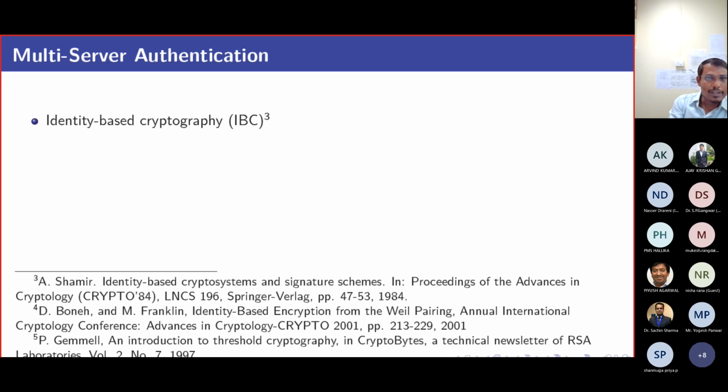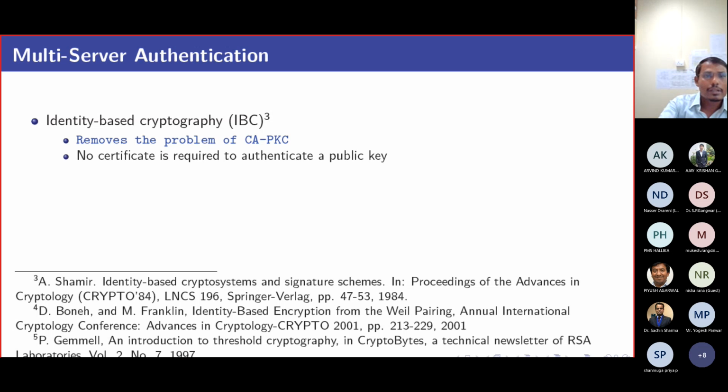You are already familiar with the identity-based crypto system. Here we do not need any additional infrastructure like PKI. So the computation and storage due to public key certificates is removed, right? What is the advantage of this identity-based system? You can use your publicly available identity as a public key, like your email ID, MAC address, or IP address. All these things you can easily use as a public key.